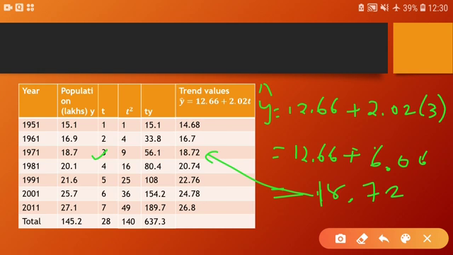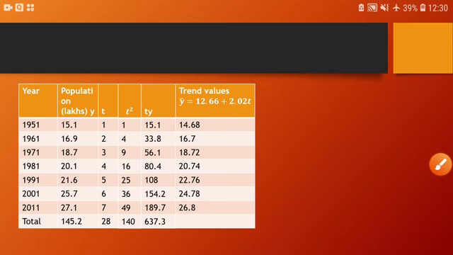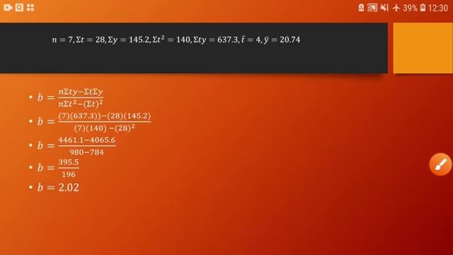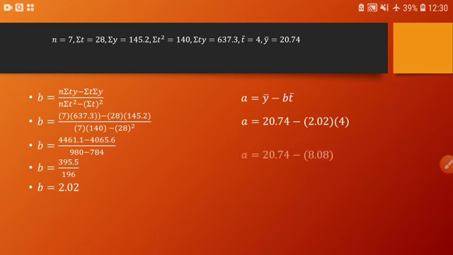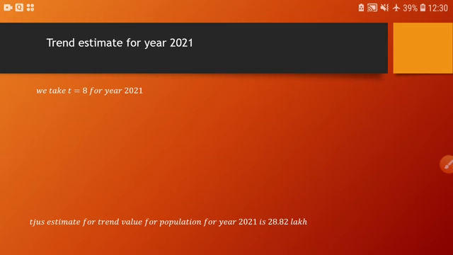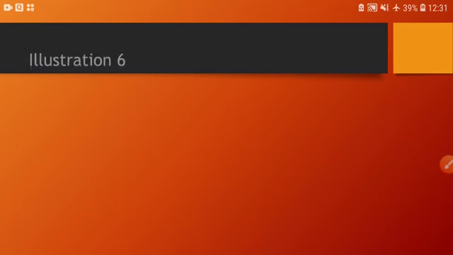So same way you have to find all the trend values. Here you have to put 4 in the equation, here you have to put 5 in the equation, here you have to put 6 in the equation, and here you have to put 7 in the equation. So this was our new topic, that is finding the trend value for each year. Okay, I hope this was quite good. Yes, and easy. So we solved all the 3 questions of this illustration. This was illustration 5, I guess, not 15.